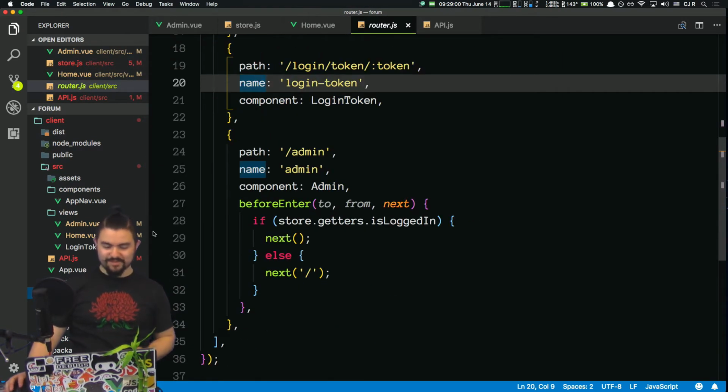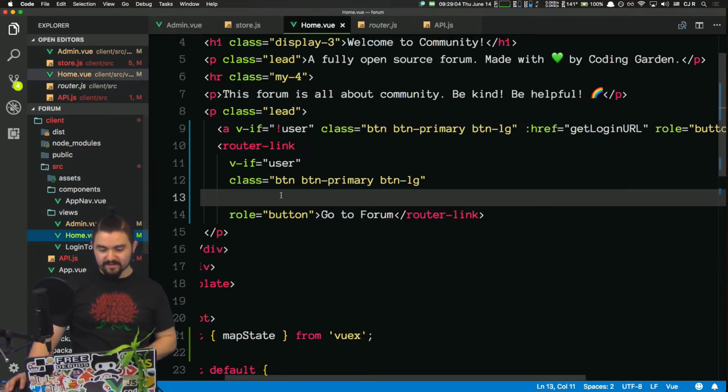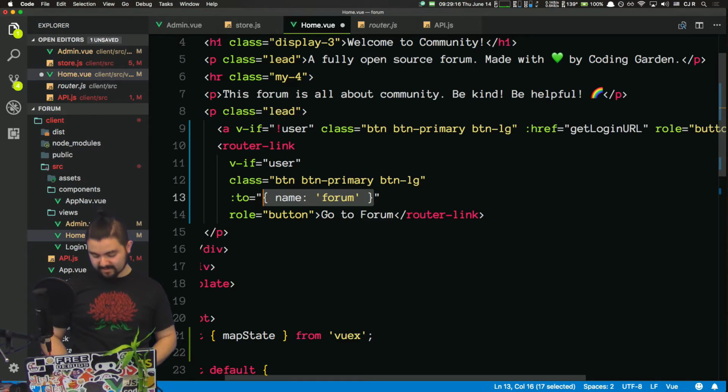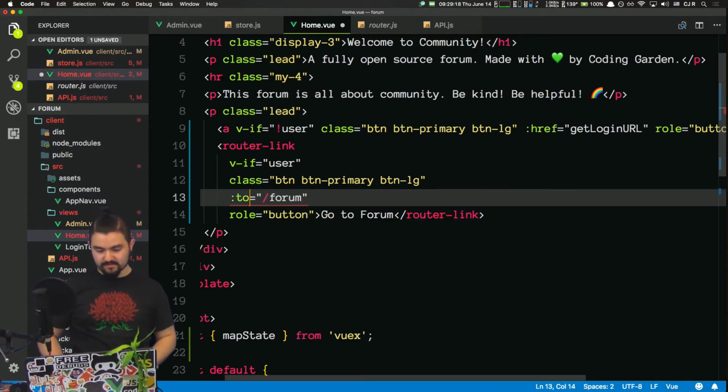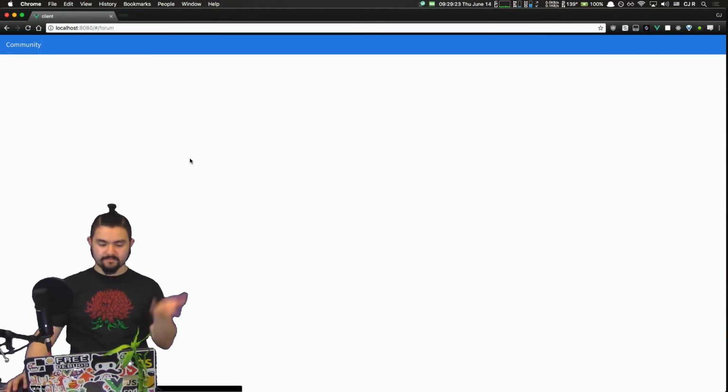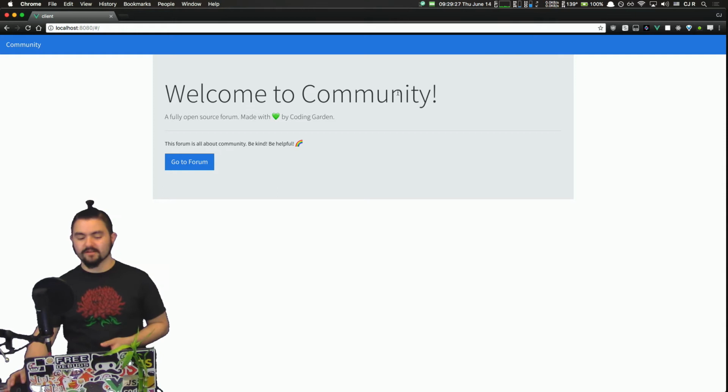I guess we're still going to forum and it doesn't exist. That's fine. We're going to create it eventually. But in here, we'll say to the route with the name forum. Actually, this is going to break now. Can we do this? Don't bind it. To forum. Go to forum. Yes, that works. Cool. So now when you visit the website, if you're already logged in, you don't see that